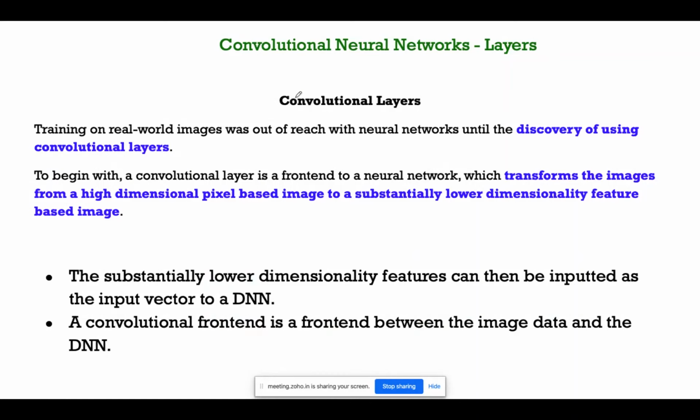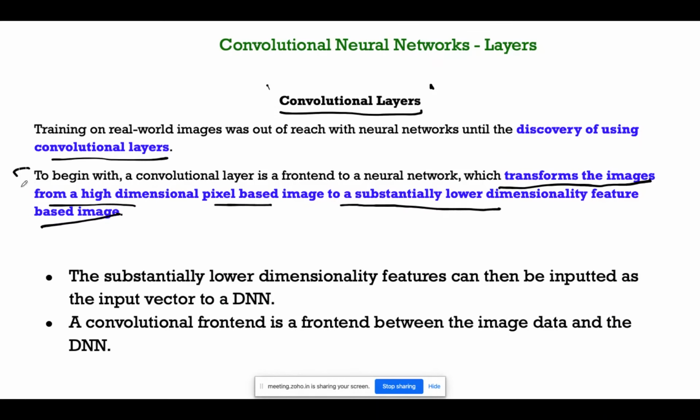We'll talk about convolutional layers. We discussed, right? We will go back again. The training of a real world image was to reach a neural network through discovery using the convolutional neural layers. To begin with, the convolutional layer is the front end of a neural network which transforms, this is what is important, the images from a higher dimensional pixel image to a subsequently lower dimensional features-based image. So when you are doing your convolutional operations, we are downsampling the data.